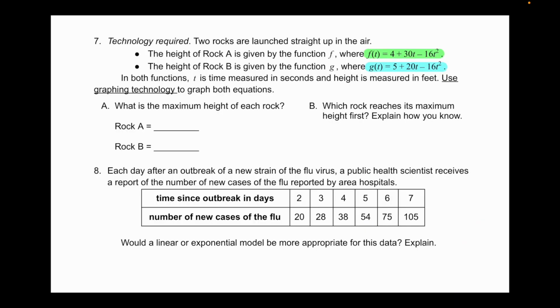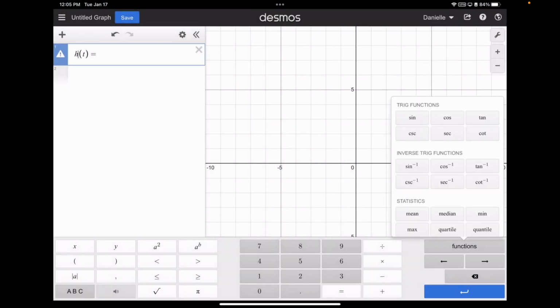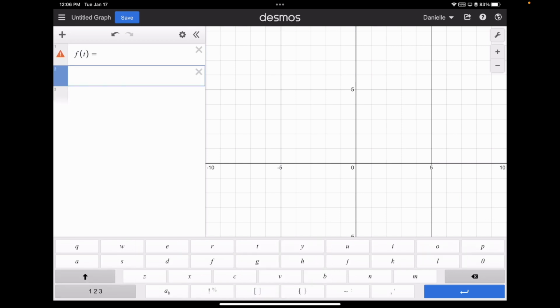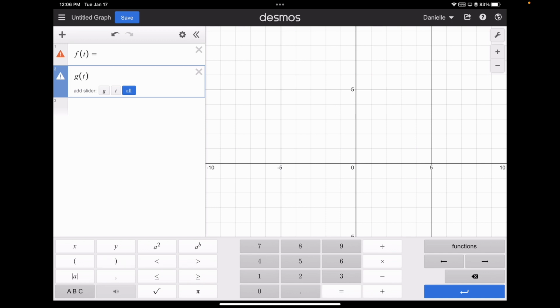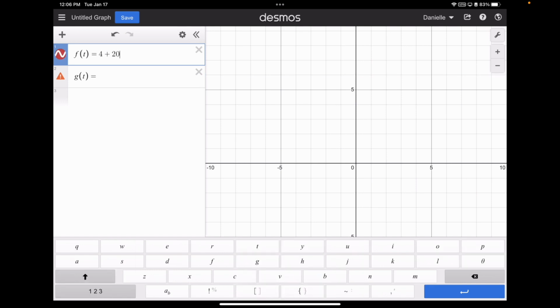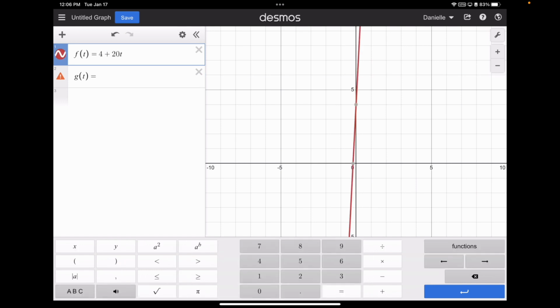So let me go back and grab these numbers. We have 4 plus 30, and then we have 5 plus 20. And actually I was using H when this should be F. 4 plus 30 and 5 plus 20. All right, so this should be F of T, and then we're going to have G of T. I believe this one was 4 plus 20t minus 16t